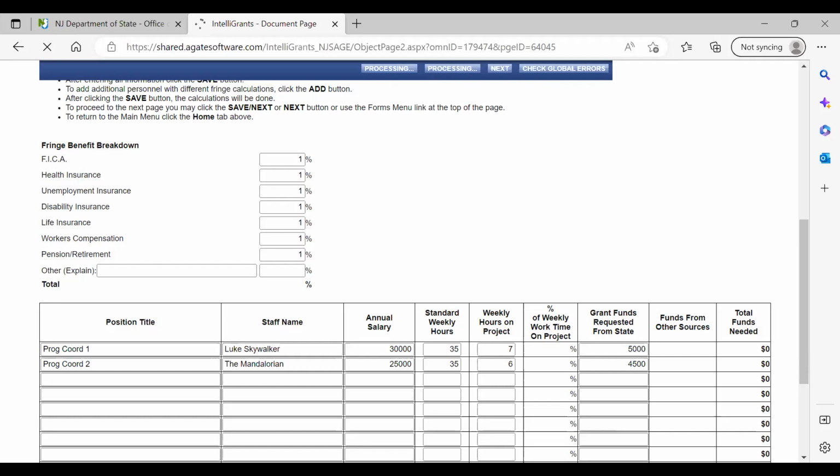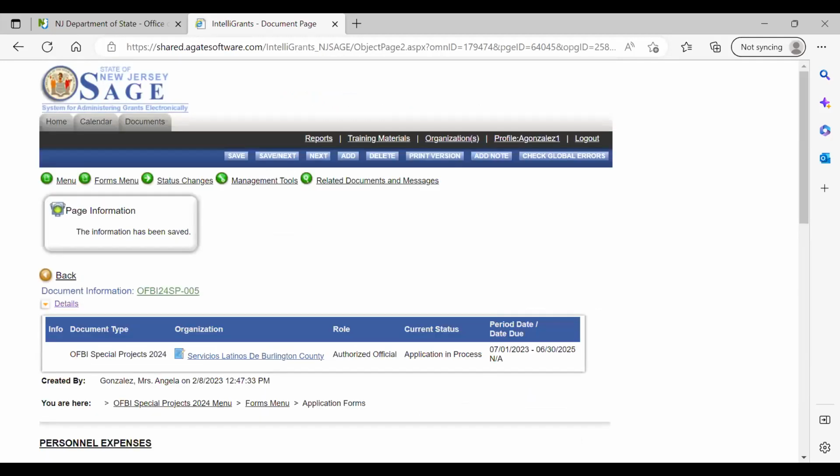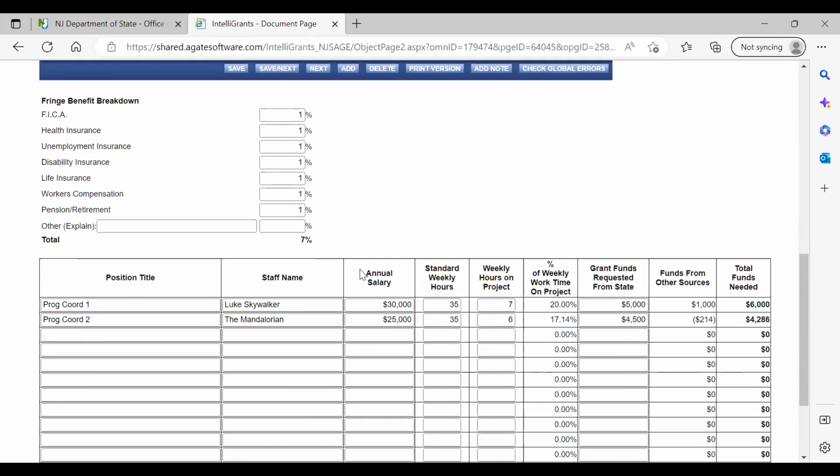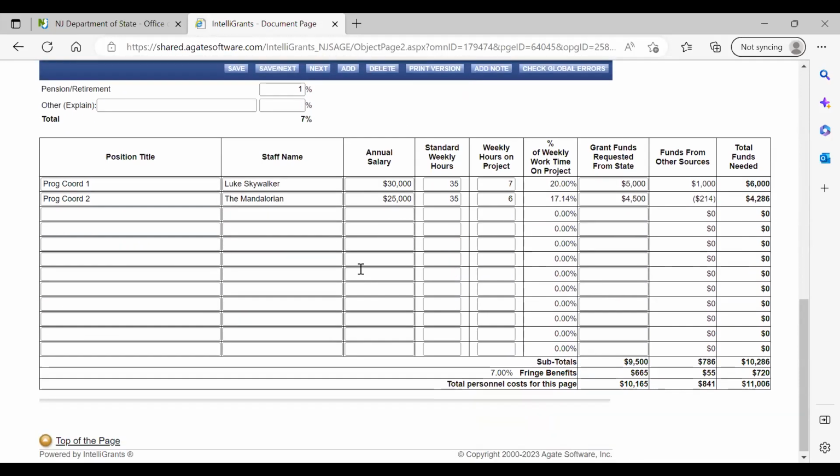And Sage does its Sage dance, right? Oops, yeah. And you're going to see, there's a negative here. What does that mean?